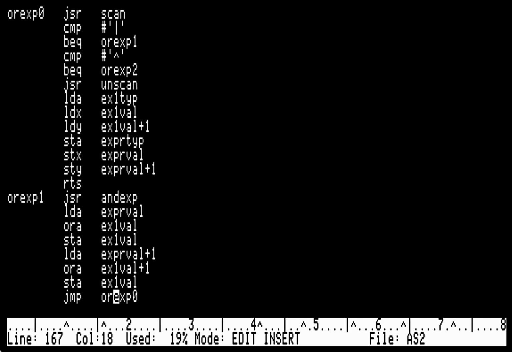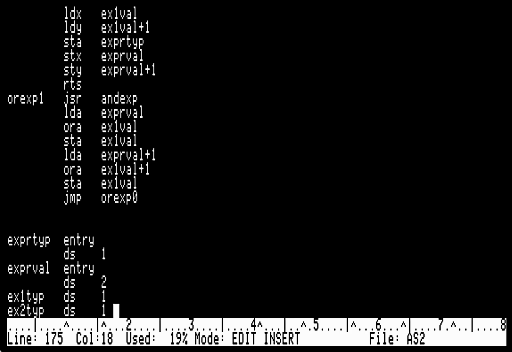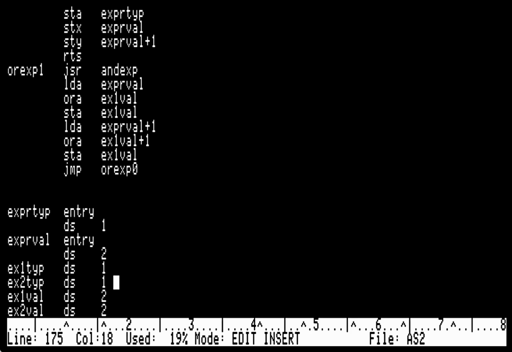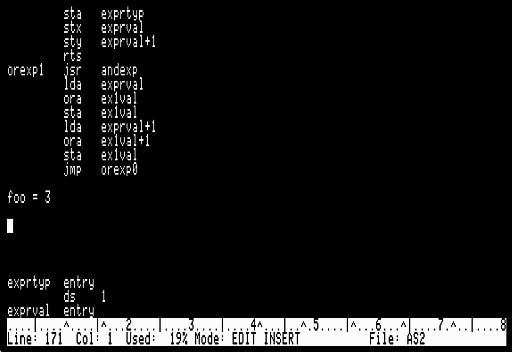Okay, and I haven't done anything with the type yet, and I should do something with the type. The thing I should do with the type right now is I have to recognize, at the moment, I only have defined and undefined as types. By the way, I probably won't need this number 2. All right, so I have defined and undefined types. So what if I have two labels, one of which is defined, like this, the other which is undefined,